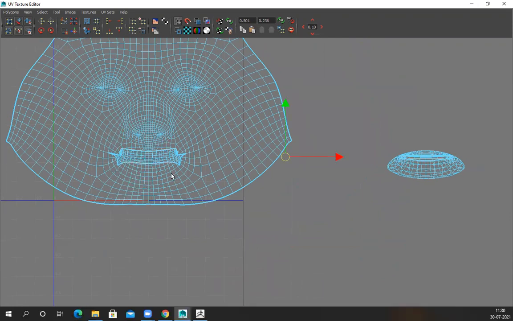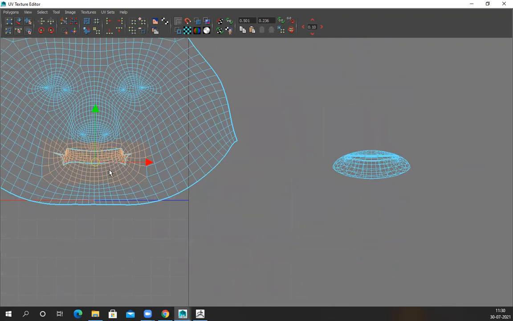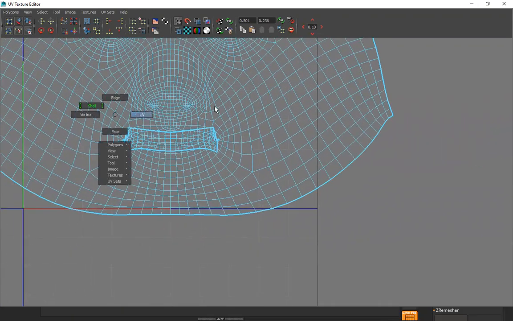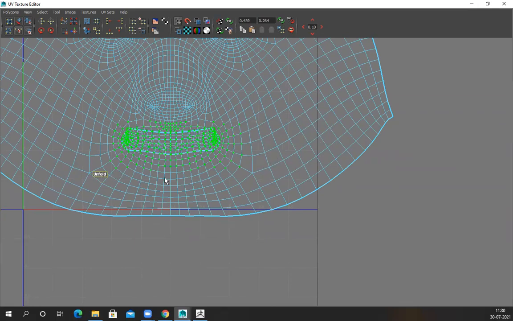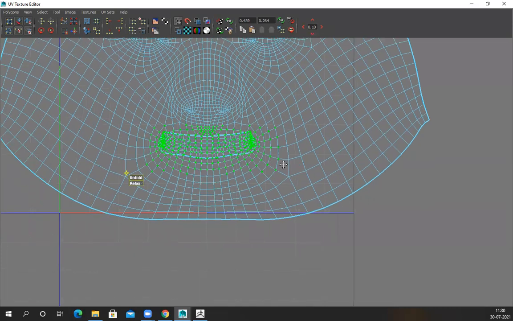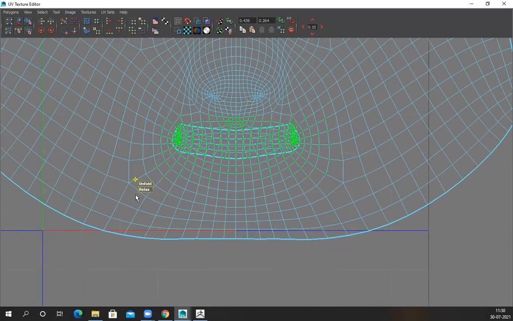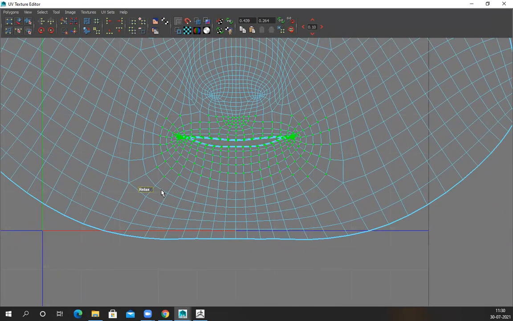Okay, let's see edge. I'll select everything and select this. Moving, I can still see that issue, so I'll just simply unfold it nicely. These areas I now have to fix manually, and in this case I can use relax.